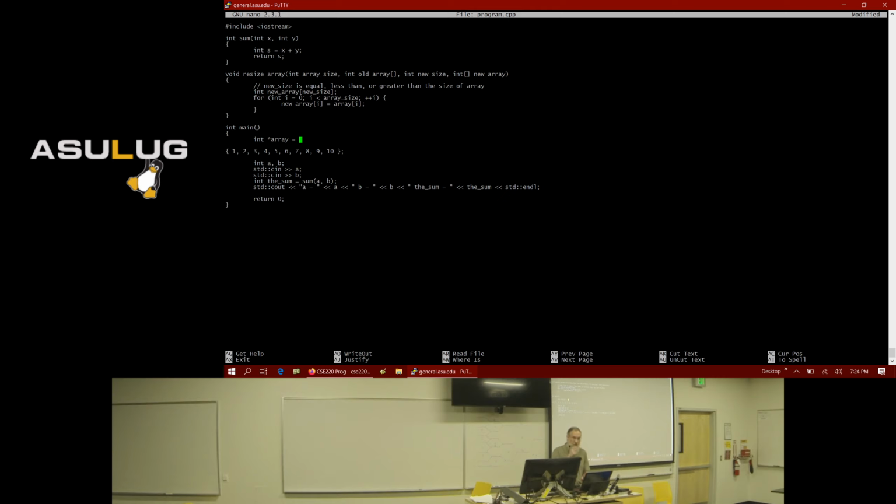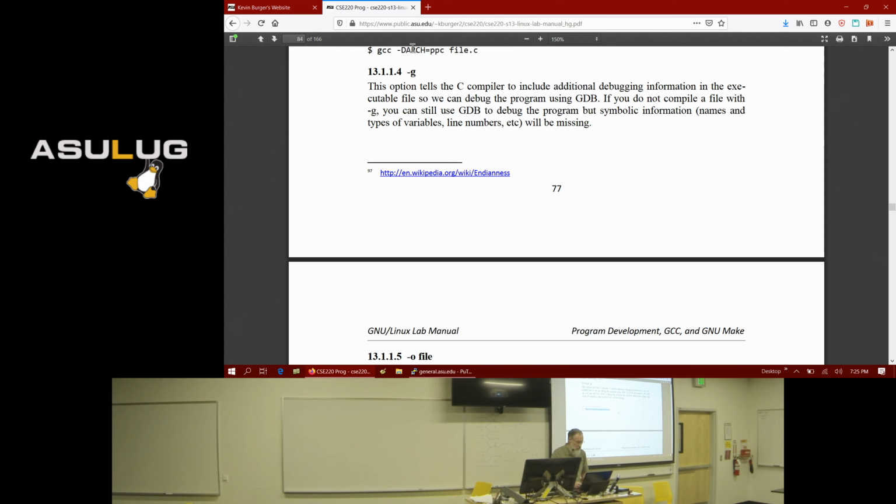So the way you dynamically allocate an array is I'm going to create a pointer, because an array variable is simply a pointer, a memory address. Then you do equals new, and then you specify the data type of each element, which will be an int. And then you specify the size of the array. And here is where I'm not sure, because I don't know. Let's go to that one web page I was looking at.